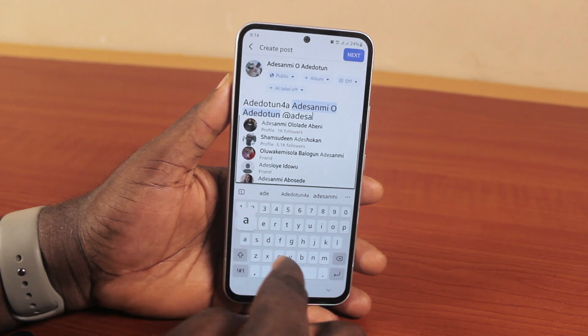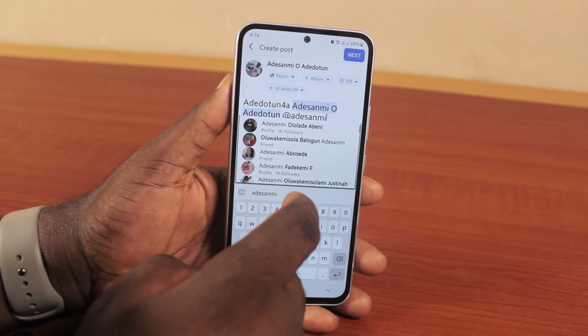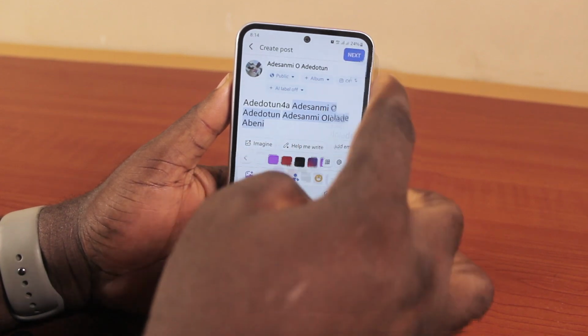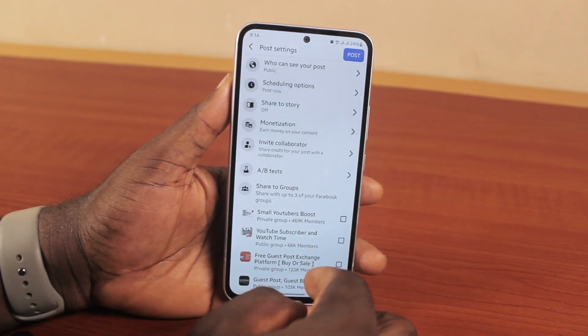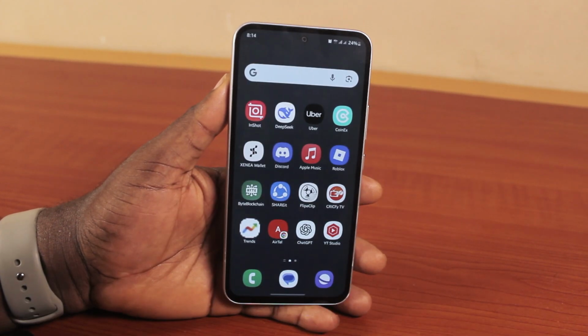Then choose the name from the suggested names. You see that? And then the person is tagged again. And then go ahead and click on next. Once you hit the next button, you should be able to customize the post settings. Now go ahead and click on post. So that is basically how to tag